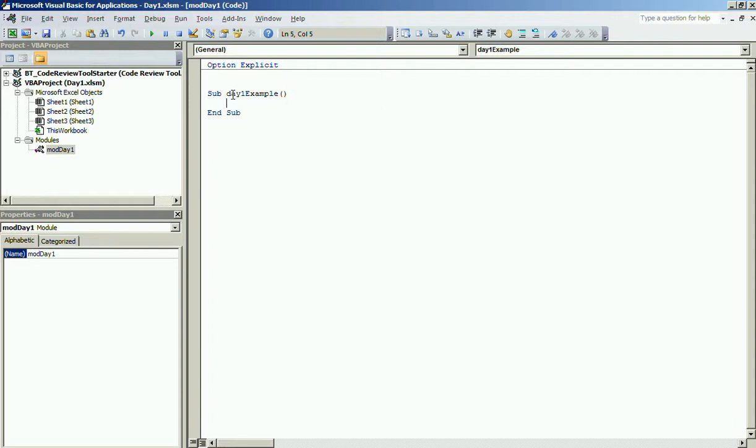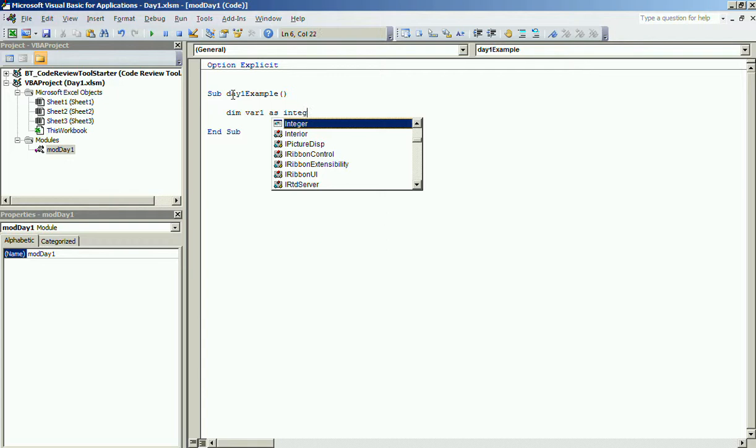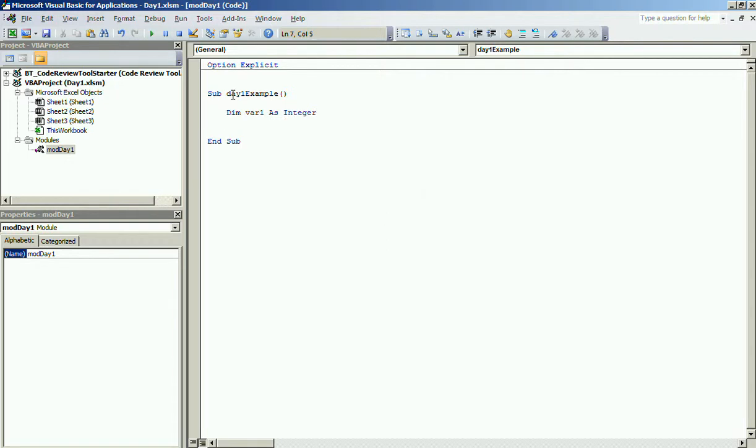Let us declare a few variables. The syntax for declaring a variable is you need to use this dim keyword followed by the name of the variable, any name of your choice, followed by the as keyword and followed by the data type.